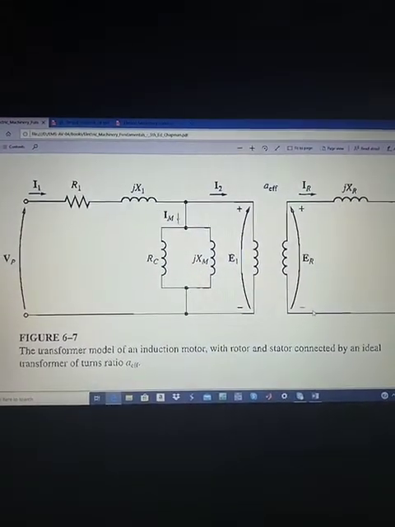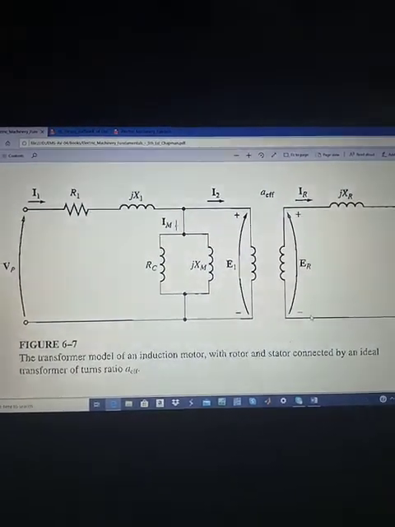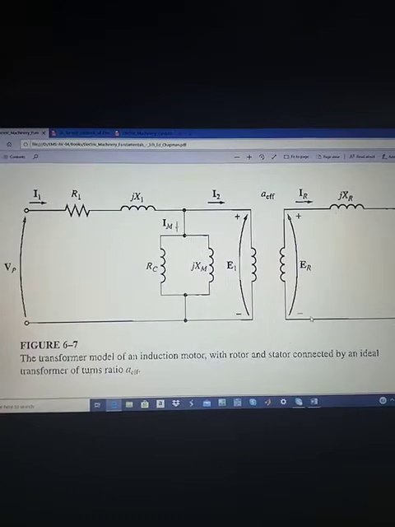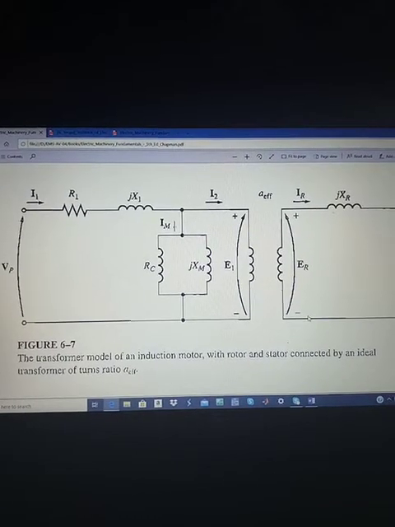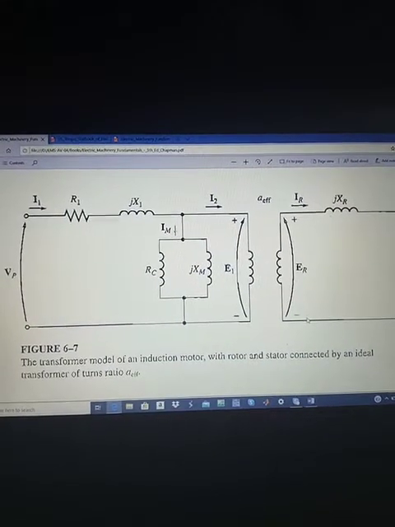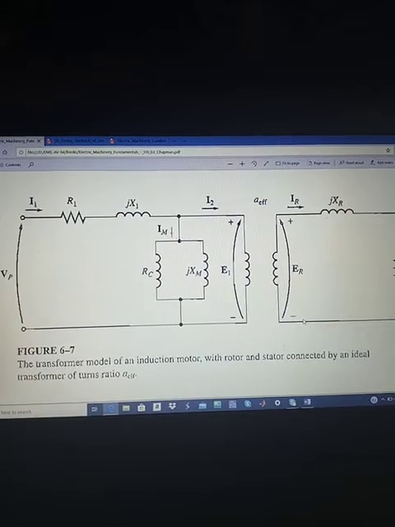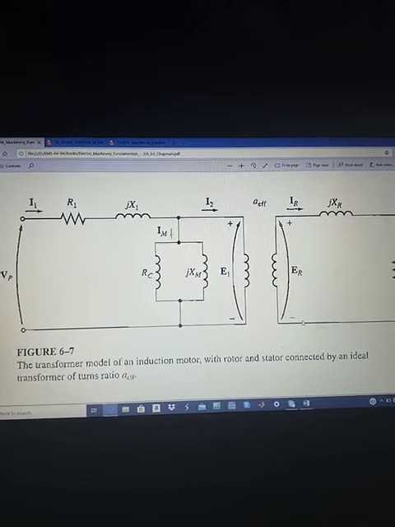In today's lecture, we will study the transformer model of an induction motor. As we have studied, an induction motor is actually a transformer whose secondary is rotating. In an induction motor, when the voltage is applied to the stator winding, a voltage is induced in the rotor